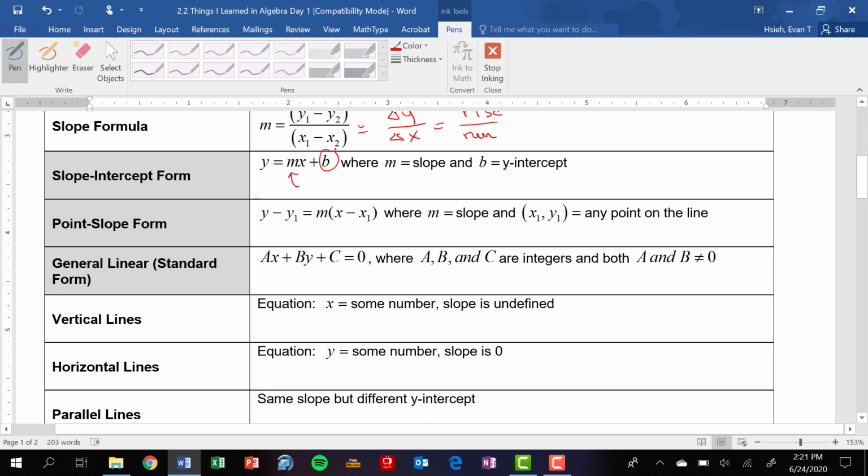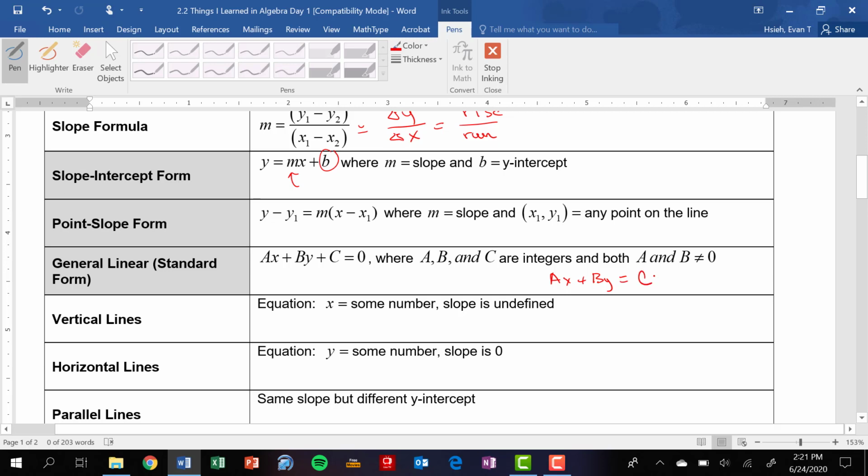Point slope form is something that I'm going to use quite a bit. When I teach Algebra 1, I usually try to emphasize using point slope form. It's the easiest form, I think, to use. And then the last form here is called general linear form or standard form. Ax plus by plus c equals 0. Sometimes some books have it as ax plus by equals c,